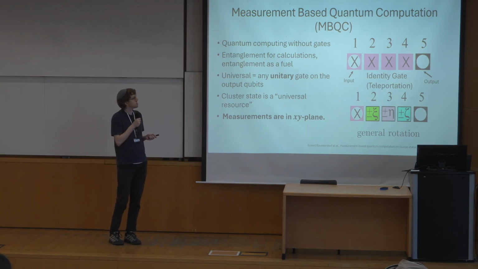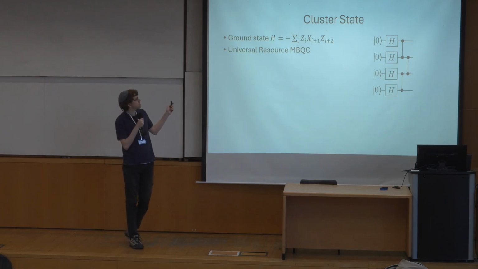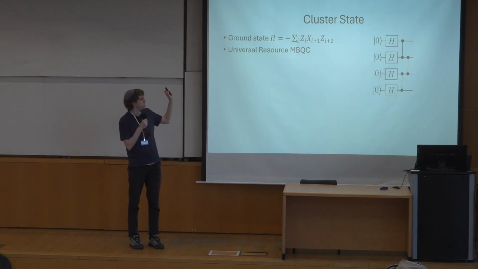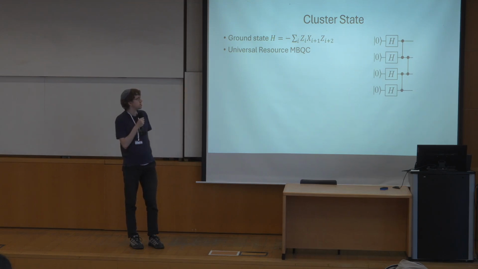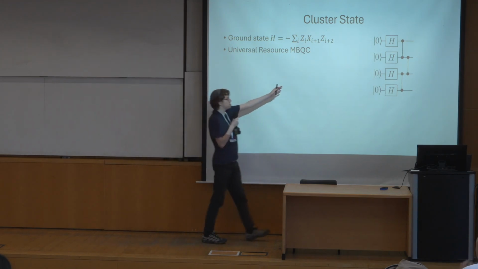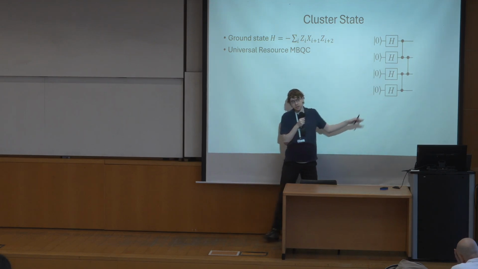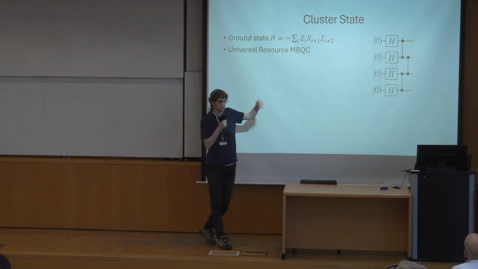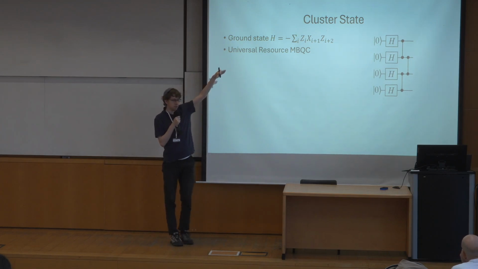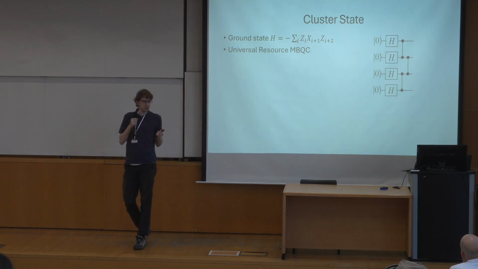Okay, so the cluster state, just to give you an example in 1D, so yes, there are feed-forward corrections, but the cluster state is very simple. It's the ground state of this Hamiltonian in 1D. It may have a periodic boundary condition or open boundary condition, but in all our computation, we usually use open boundary conditions. So just think here that you initiate these states before, and then you measure on this basically to drive the computation after you entangle it with some input state. So this is basically the model.